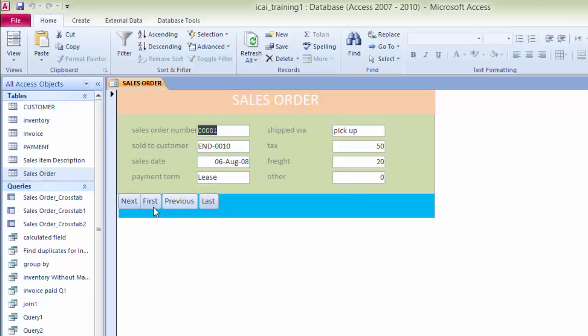Click on the next option. There's the next record, then again next, next record, then again next. If you want to go to the last record, click on the last button, moving to the last position. If you want to go to the previous record, click on the previous button, and if you want to go to the first record, click on the first button. So these 4 buttons are working here, and we can navigate over the records through these buttons